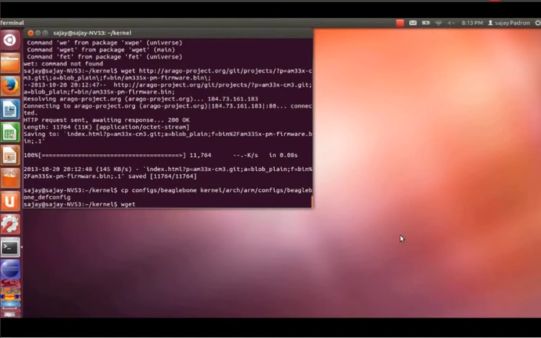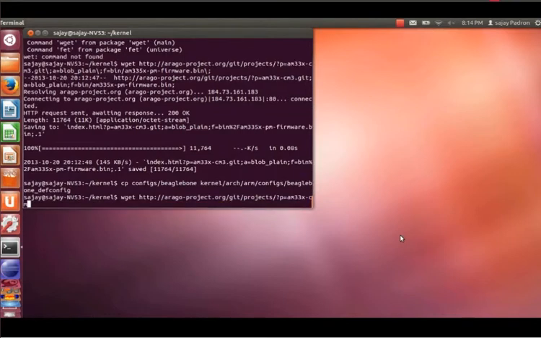Okay, and now we're gonna type wget http, rcn-ee... projects.org. Okay, typing this, you have to make sure you type exactly as I'm typing it, because it has a lot of backslashes and forward slashes, so you don't get confused with them. /cm3.git